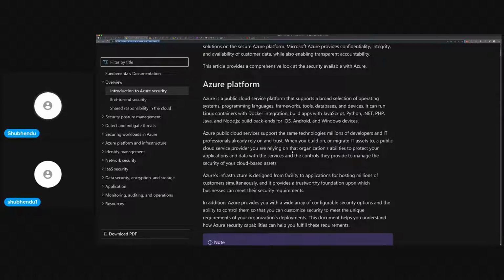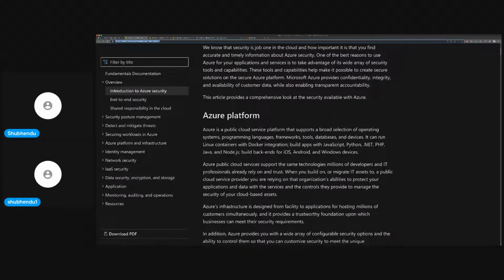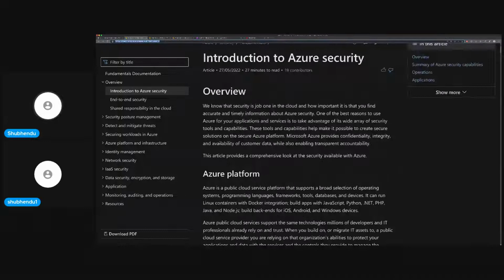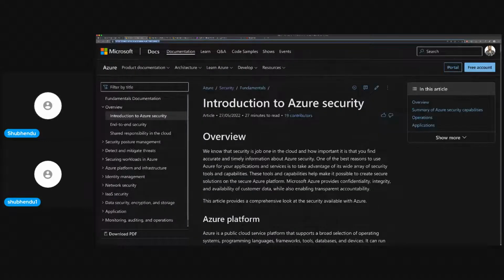So now we have prior knowledge of Linux. We have everything. Now I just want to enter into the security part. You don't have to do anything. You just have to come to the Microsoft documentation and go to Azure Security. Before going through this documentation, I will suggest